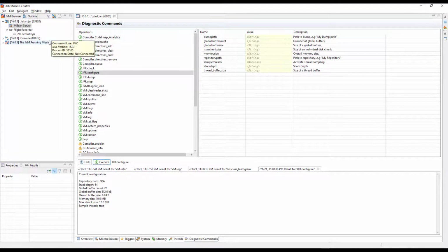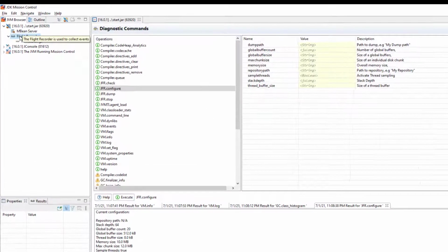Next, let us talk about flight recordings. Why do you need the flight recorder? The flight recorder is very helpful if you want to capture information from the running instances. For example, let's say 5 minutes or 10 minutes, and just see what's going on in the running instances. In that case, you need the flight recorder. I guess in Java 11 and before, you need a commercial license associated with the flight recorder. But after that, it is available for free. If you are using a very older version, you may need the commercial license.